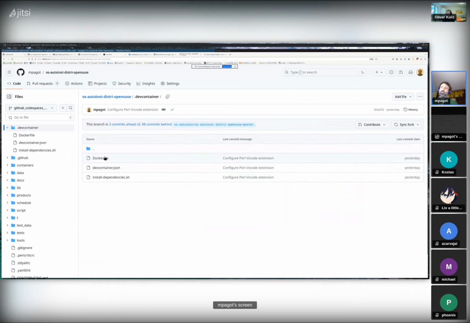First of all, you have a Docker file, so you can just ignore the dev container altogether, and you can create your own image using the Docker file and install dependencies, and you can mount your local clone of the repository